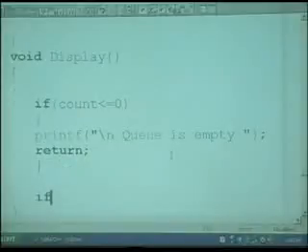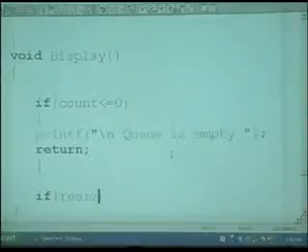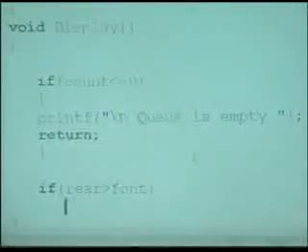Otherwise, if rear is greater than front, then it's very easy to display an element.